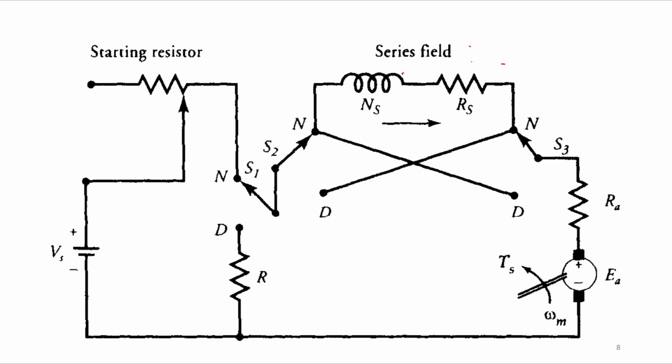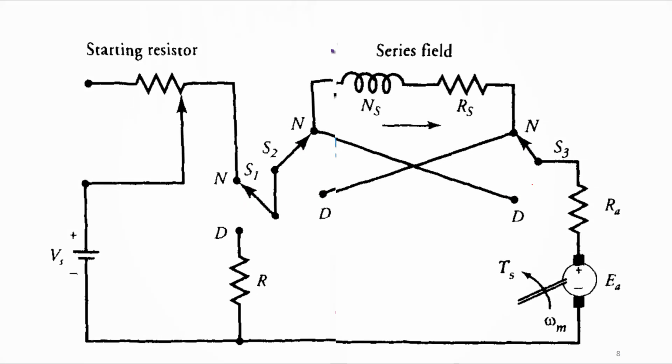So you can see here, this is your normal condition. Here we have many switches, right? During dynamic braking, this N will come to D here, and here the N will come to this position, and this N will come to this D. Little complex, but it is useful for the series motor, right? Okay. A similar analysis you can do for the series motor as we do for the shunt motor, right?